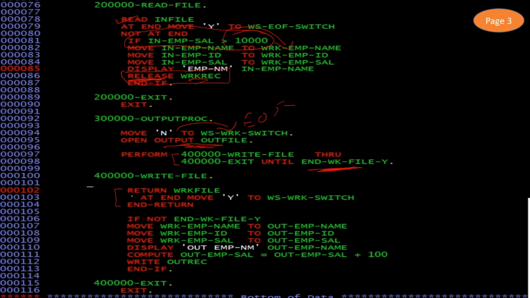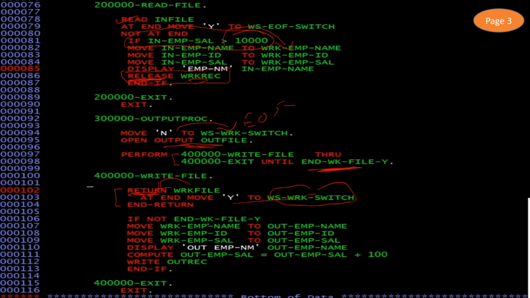So in this we are using the return verb to read the record from the work file. And if it is reached, meaning all the records have been read, then we will move Y to the work switch.